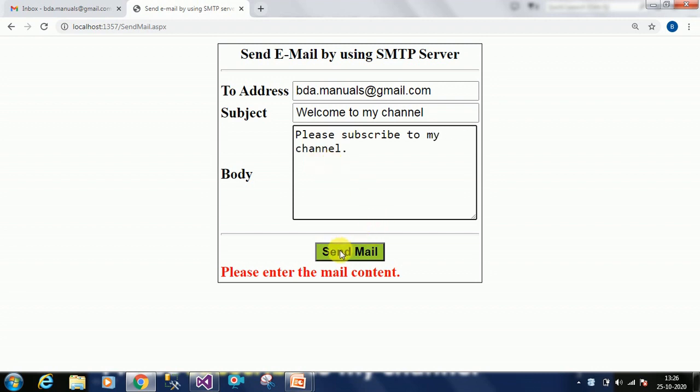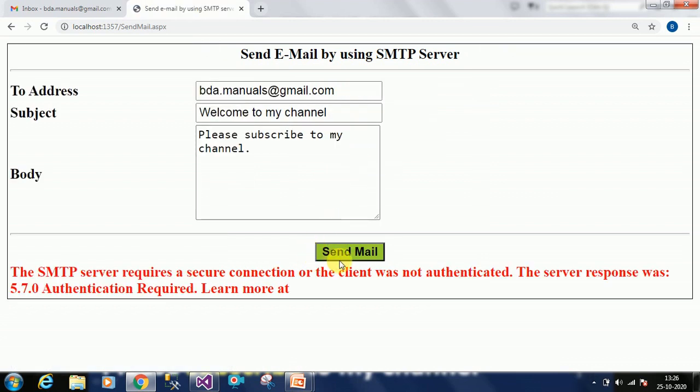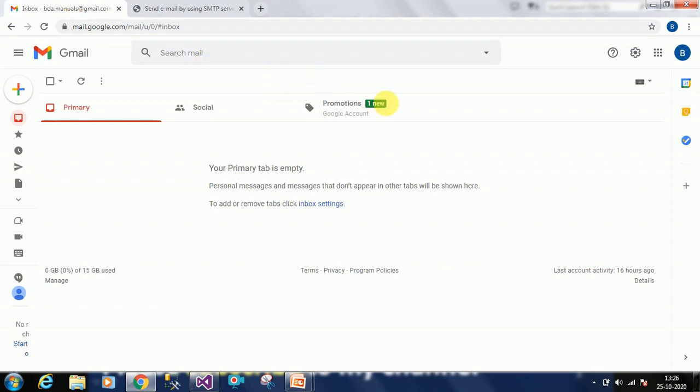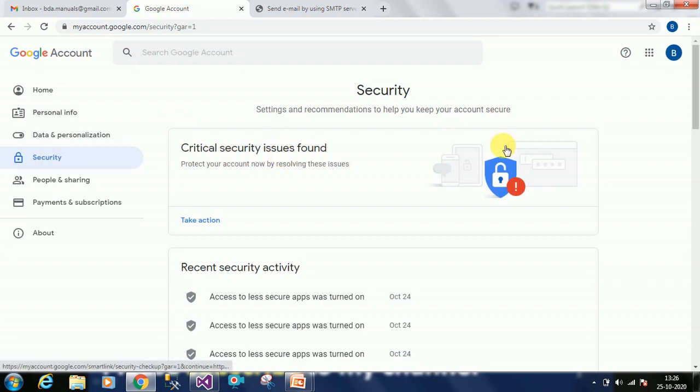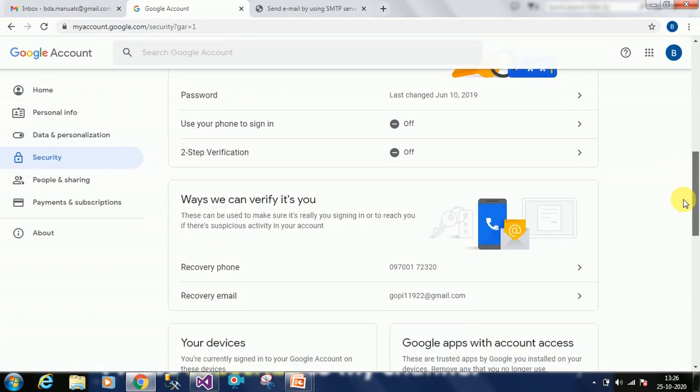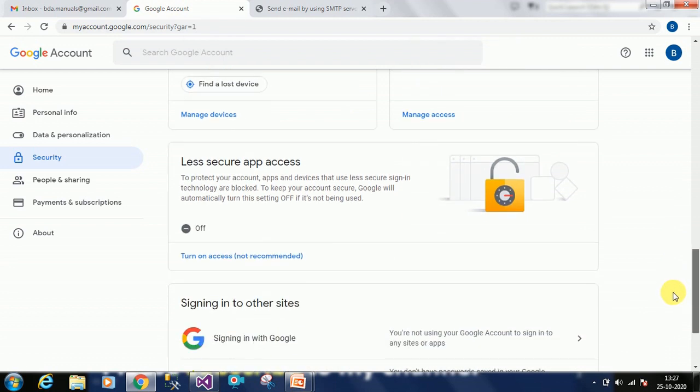So now try to click on send mail, because all three conditions are true now. So it is trying to send mail. While sending mail, it is showing some SMTP authentication error. For this, Gmail is blocking this one. For this, what you have to do is just get into your Gmail account, click on your account, manage your Google account, click on security. Here Google is blocking, so less secure app access should be enabled. Then only you can send mail by using Gmail SMTP.